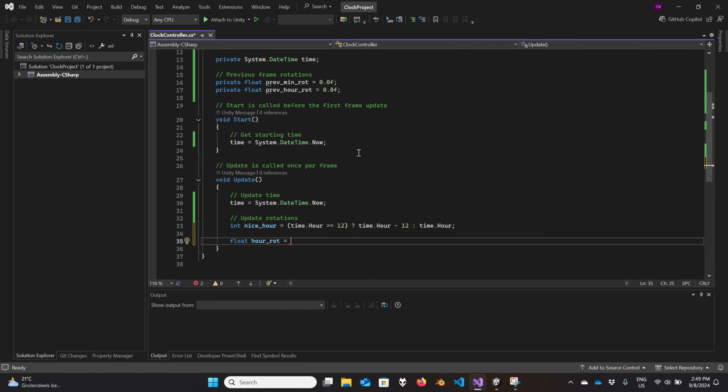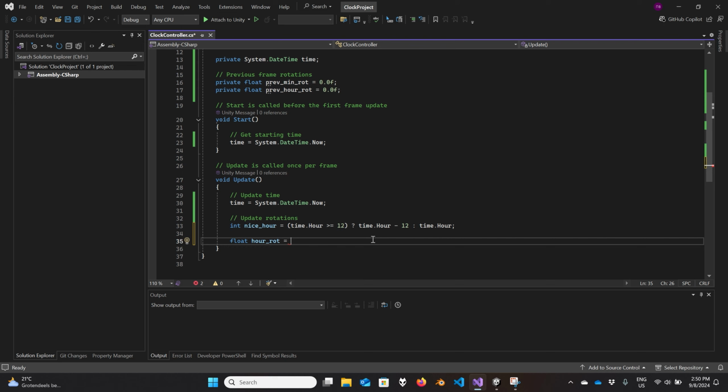So now that we know this, we can just say, okay, if I am a 12, that's 0 because of how we designed this, because 12 minus 12 is going to be 0. Then 30 has to be at 0, right? So no rotation at all. So that means that's perfect. What if it's at 1? Well, I want 30 degrees of rotation. What if it's at 2? Then I want 60. And obviously, I want a complete square rotation when I'm at 3 o'clock. When I'm at 6 o'clock, I want it to be 180 degrees,